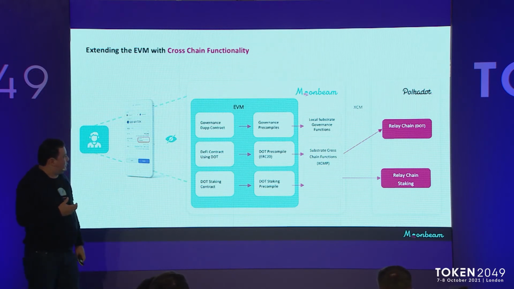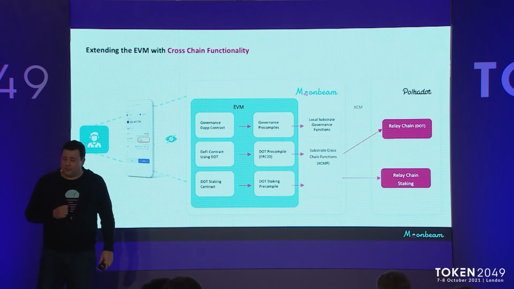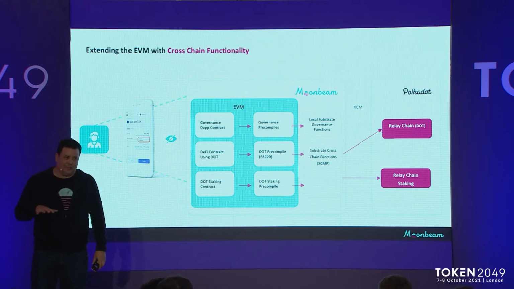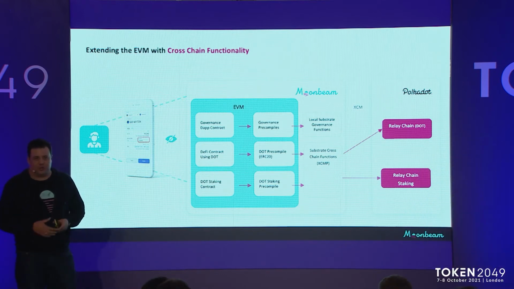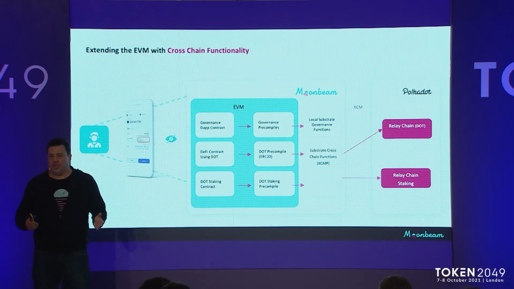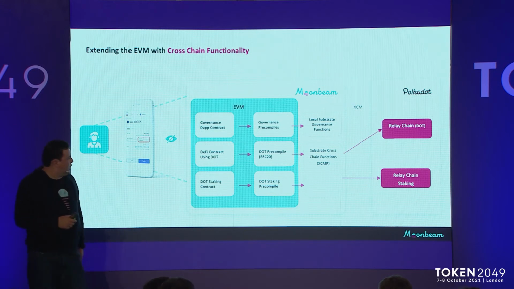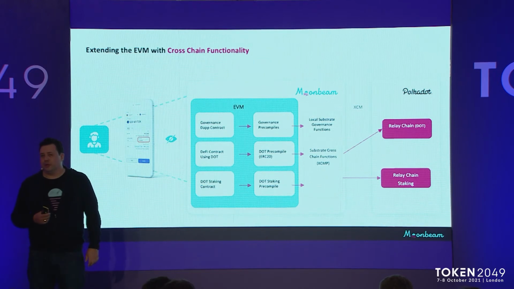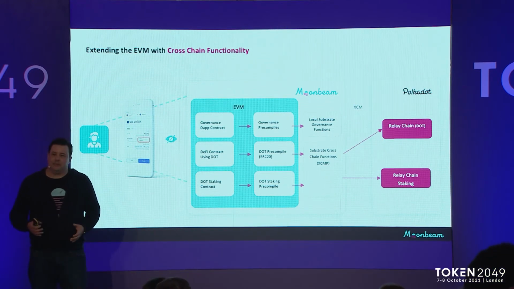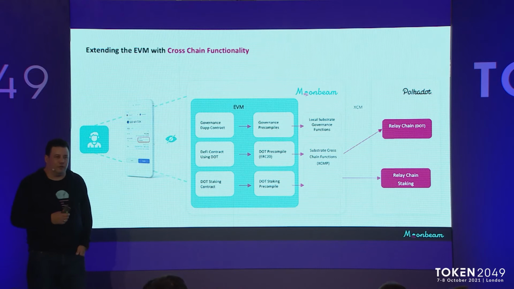And so I think the thing about, and there's a couple examples of this, Polkadot being one, of building this networking layer directly into the protocol itself. So there's no additional security assumptions, right? You can basically interact with other chains with the same security that you're doing things on your own chain. And so that's the critical feature that we're leveraging to extend the base functionality of the EVM in this Ethereum environment. So let me explain what I mean by that.